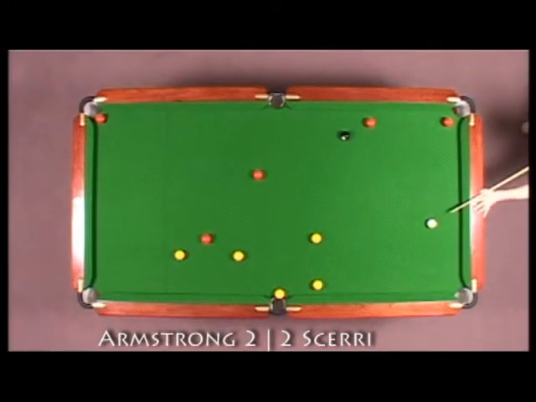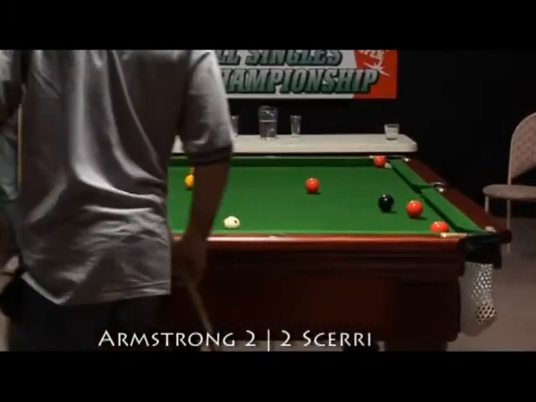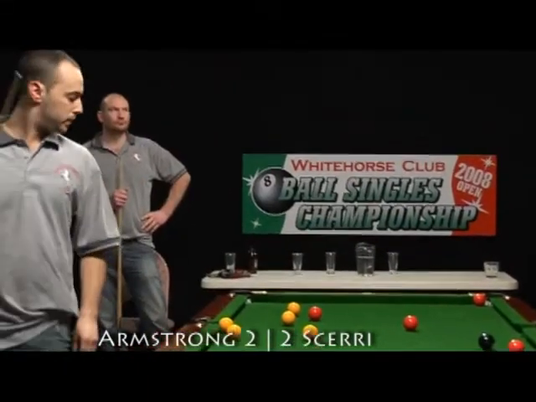Now he's got a plan, and it's all about the black now. And as we just said, Mick will jump all over if you give him half a sniff. Yeah, and he's about to do that now. Once again, he was straight down the cue. He's jumped back up, had a look,